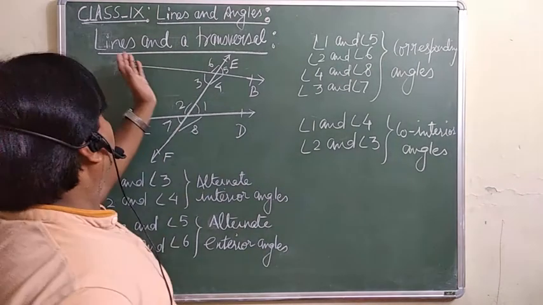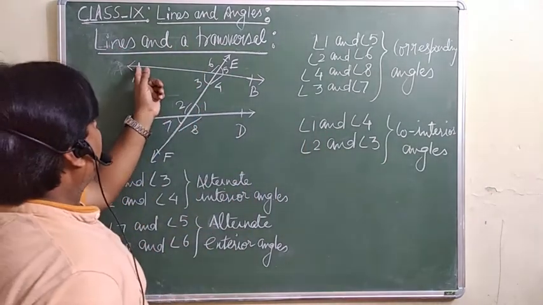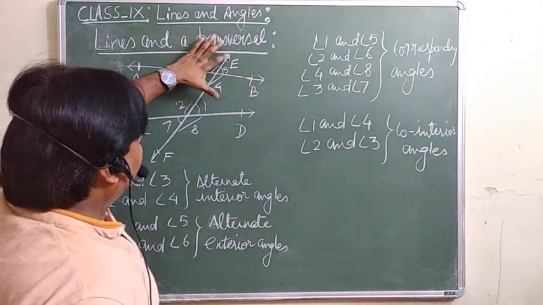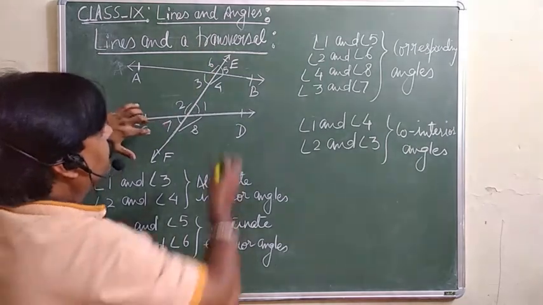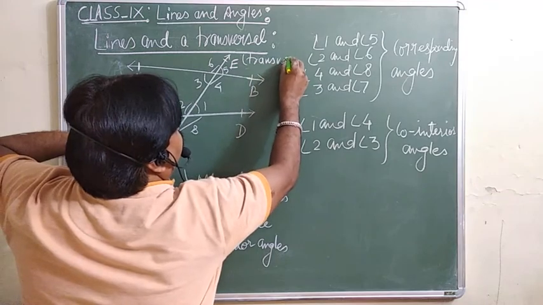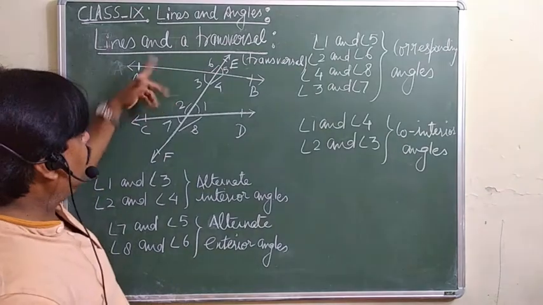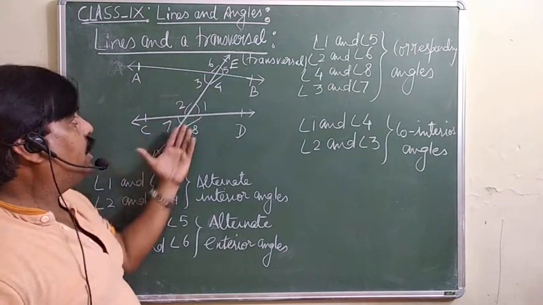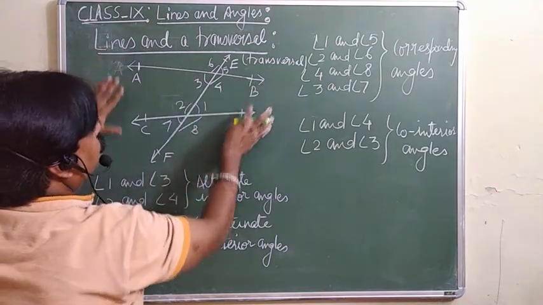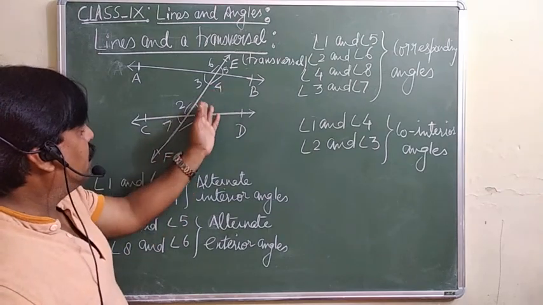Okay, now we will discuss lines and a transversal. Here I have already written it to save your time. AB and CD are two line segments. These are intersected by a third one, EF, and this is known as a transversal line. So if two lines are intersected by a third one, then the third line is known as a transversal line. Here we are not taking these two lines as parallel, we are trying to understand what exactly we will call these angles.